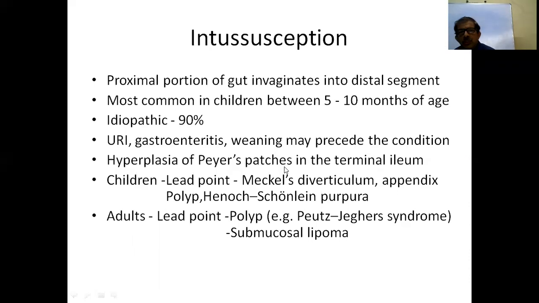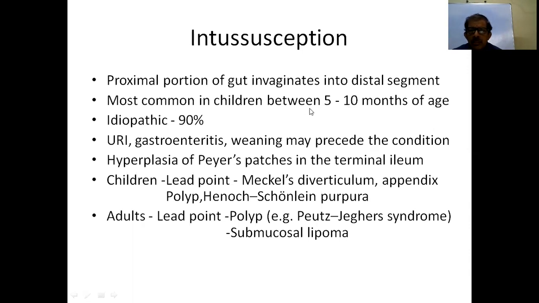So now let us go to the other important aspect. This is intussusception. Already it is covered in your pediatric surgery class, but it is worth repetition because it is very important, even for clinical and academic purposes. Always the proximal portion will invaginate into the distal side, and it is most common in children where they start weaning, so 5 to 10 months age, and in Muslims it is 9 months,